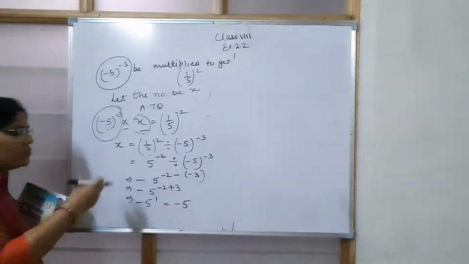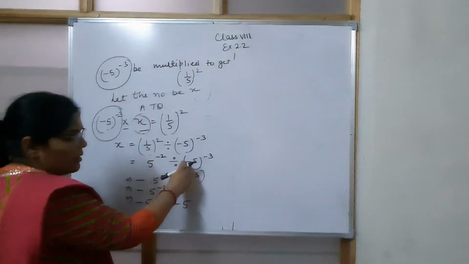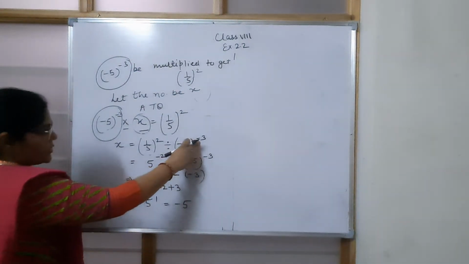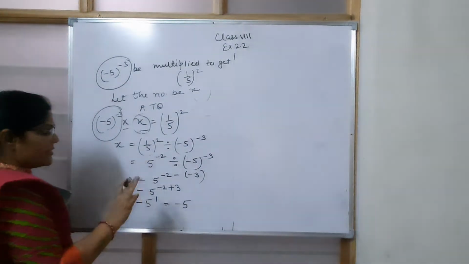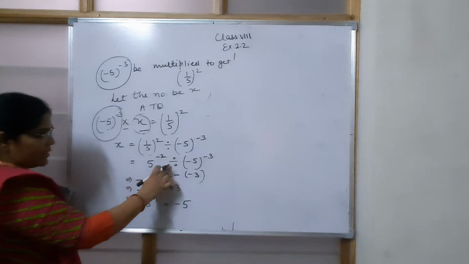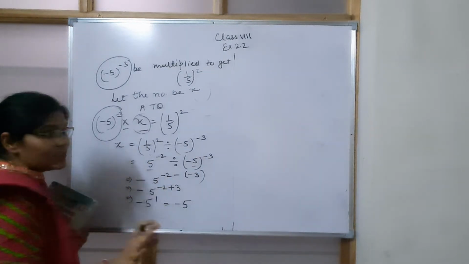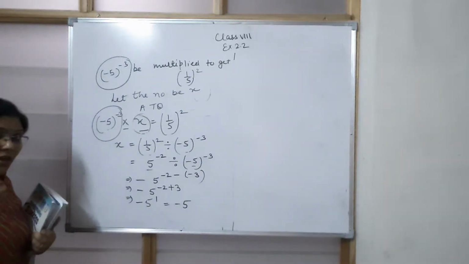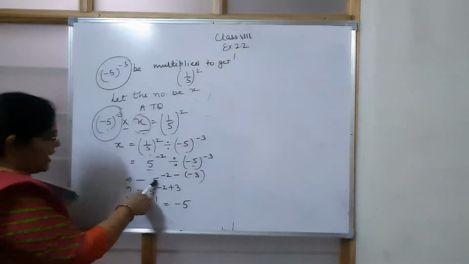If you wish to change the base here, you can do that also. It will be the same. If you wish to make it positive, you can take 1 upon minus 5, and then also you can solve it. You will get the same answer. So I have just taken the reciprocal of the base, then the power will be negative, and the divide sign is there. I am not changing this because 5 is here. Now since the power is odd, minus 5, our base is negative and the power is odd, we will always get a negative number. So here I am putting the minus sign.